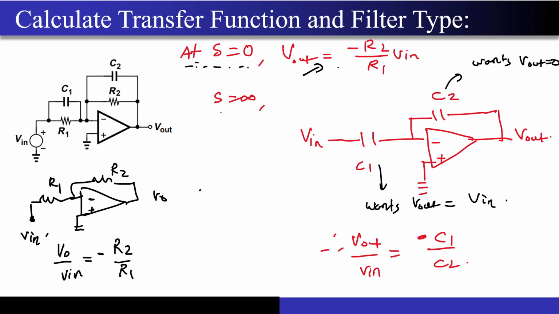If you put S equal to infinity, what is going to happen? These capacitors will act like a short circuit, right? So now if you just short circuit them over here, correct? If you just short circuit them, one of the nodes, right? Because there is a heavy negative feedback, right?